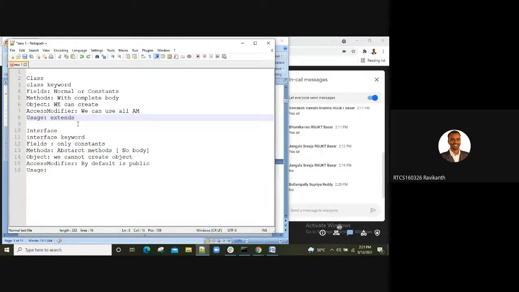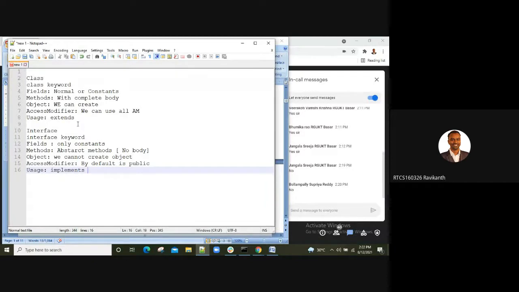Extends keyword. You remember the extends keyword. Whereas in the interfaces concept, we are going to make use of the implements keyword, right? So this has a couple of differences which you have to understand between your normal class and an interface, right, guys?